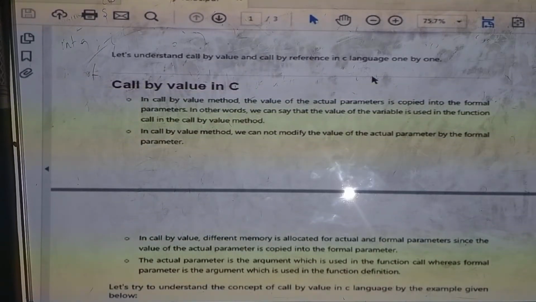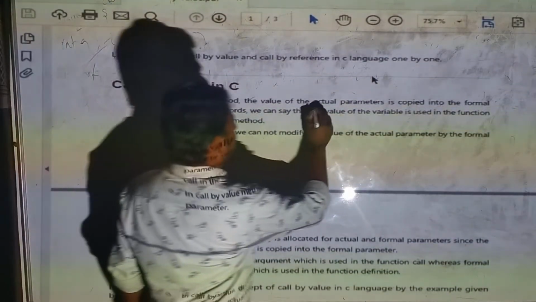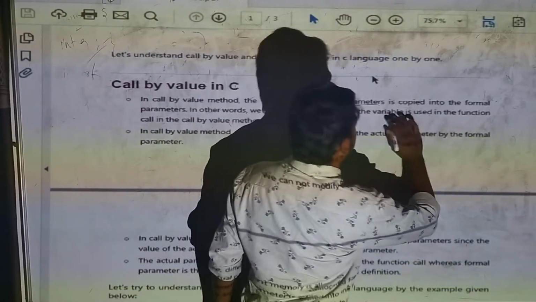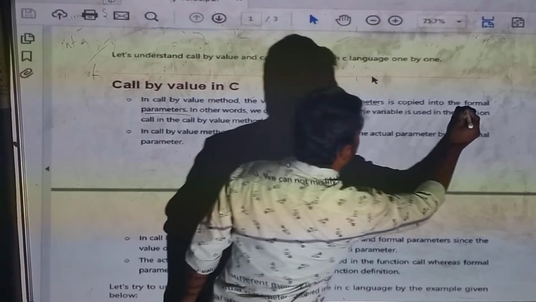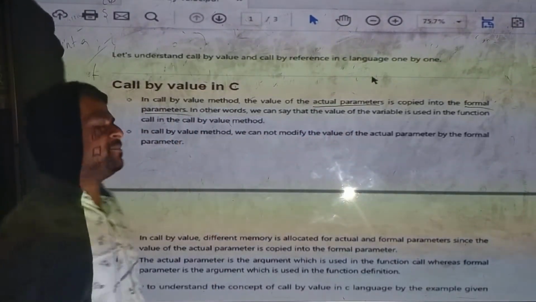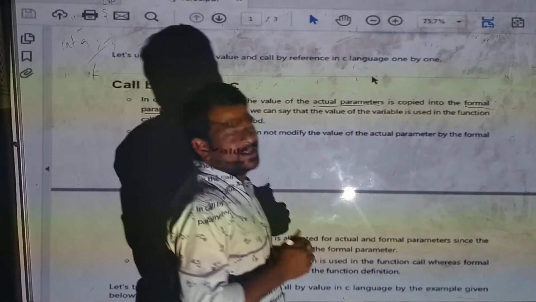In the call by value method, the value of the actual parameter is copied into the formal parameters. In other words, the value of the variable is used in the call by value method. We have to know what the actual parameters are and how they are copied into the formal parameters. What is meant by parameter?